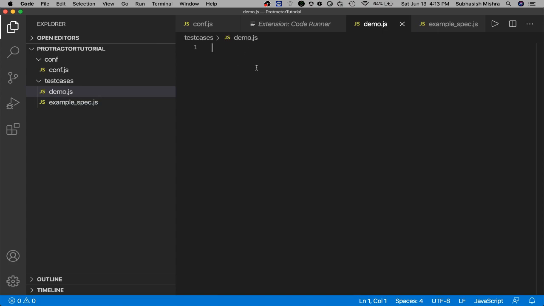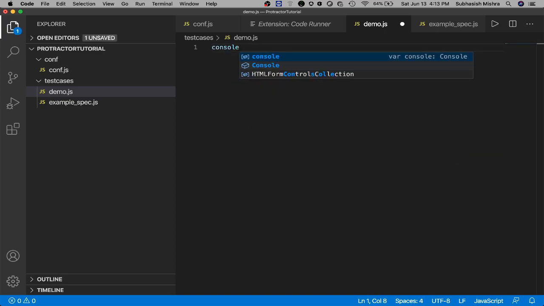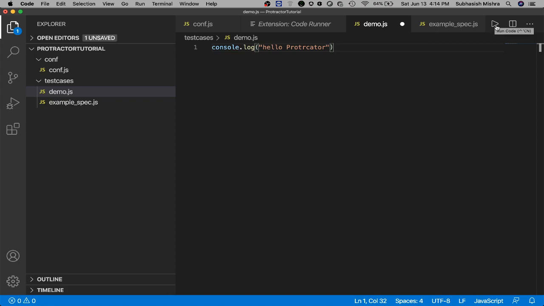Let's print something in this file. To print that, I'll write console.log, then I can say, for example, hello protractor. Okay, if you want to execute, you can click on this execute button. Okay, let's do that.